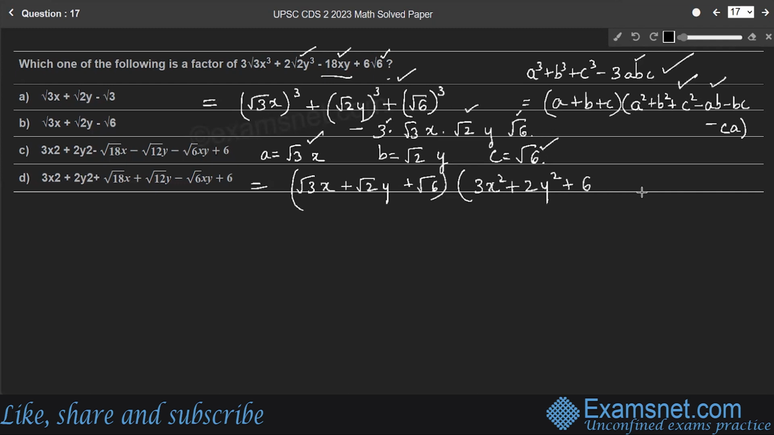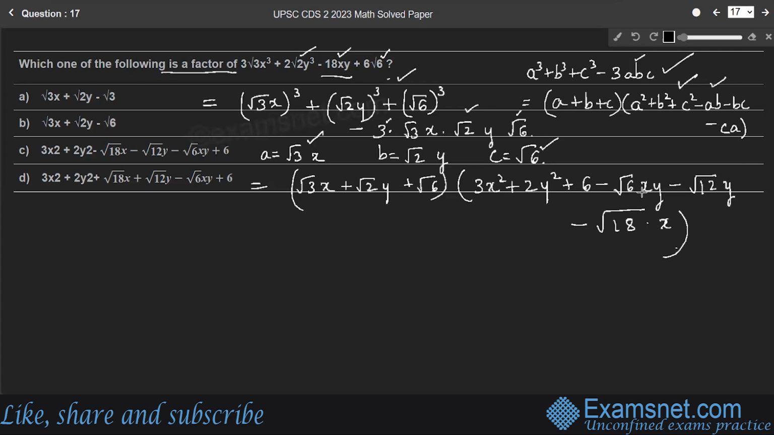is 6, minus ab. So ab is root 3 into root 2, which is root 6, into x into y, right? Which is minus root 6 xy, minus bc. So root 2 into root 6 is root 12 into y, minus ca. Root 6 into root 3 is root 18, right, into x. Therefore, the question is, one of the factors of the given expression is, so among four options,